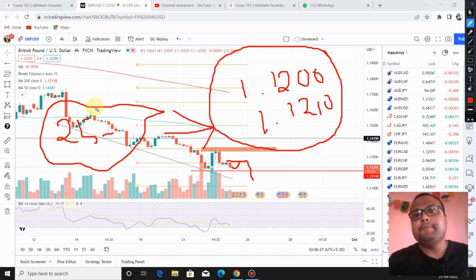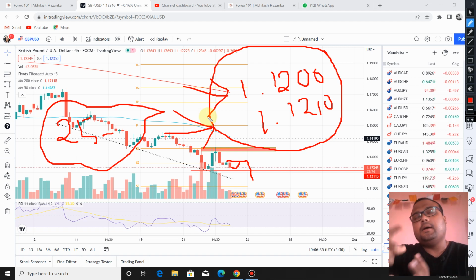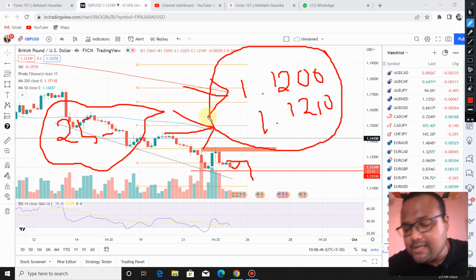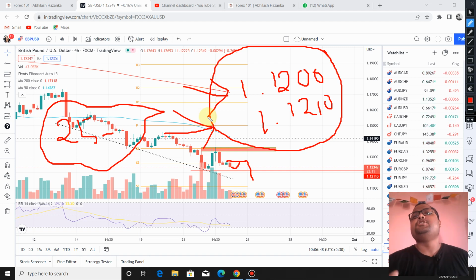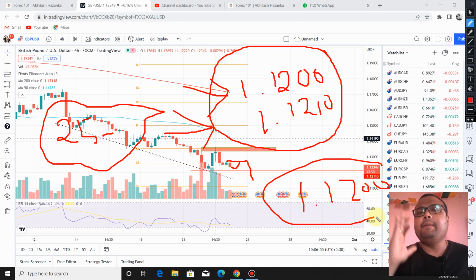And in case the market fails to jump from this level, and if you see the selling continuing in the market, if you see the market is falling again, forming big red candles, then you'll get a confirmation that yes, sellers are getting aggressive again, and you can initiate a sell position below 1.1200. So overall the market is bearish,